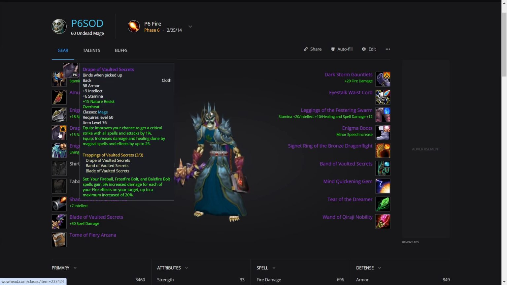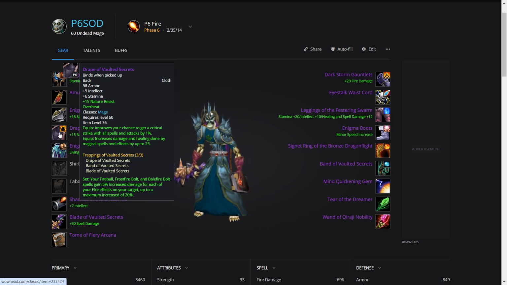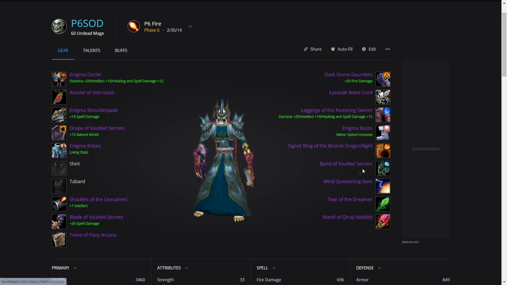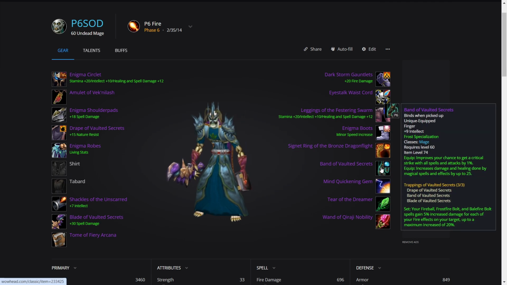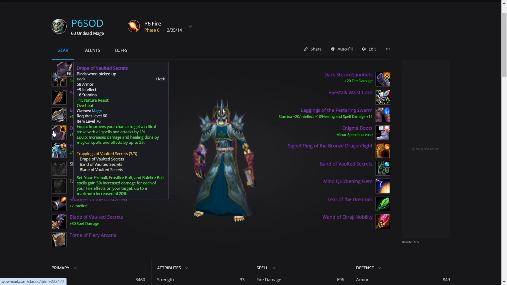For the back, we've got this new vaulted secret set for Mage. The set bonus is your Fireball, Frost Firebolt, Bell Firebolt spells gain 5% increased damage for each of your fire effects on the target, up to a maximum of 20%. Very, very nice cape. Now how you get this set, obviously you've got the cape, you've got the blade, and you've got the ring. They are all rep rewards. You get items that drop in the raid. So for the cloak, you get a drop inside the raid, and you need revered with the center and circle